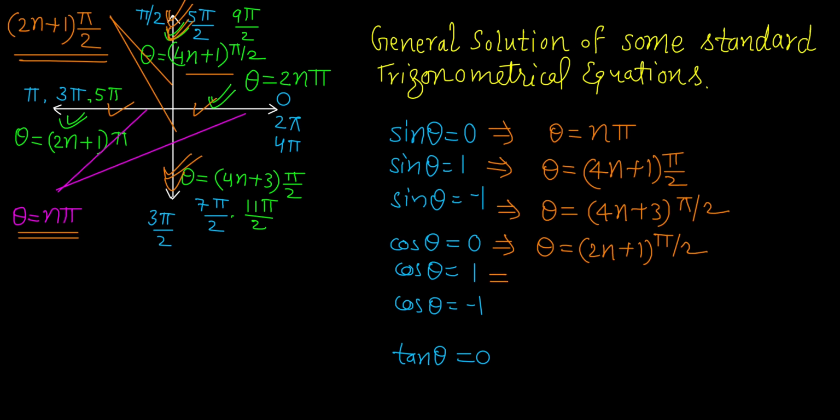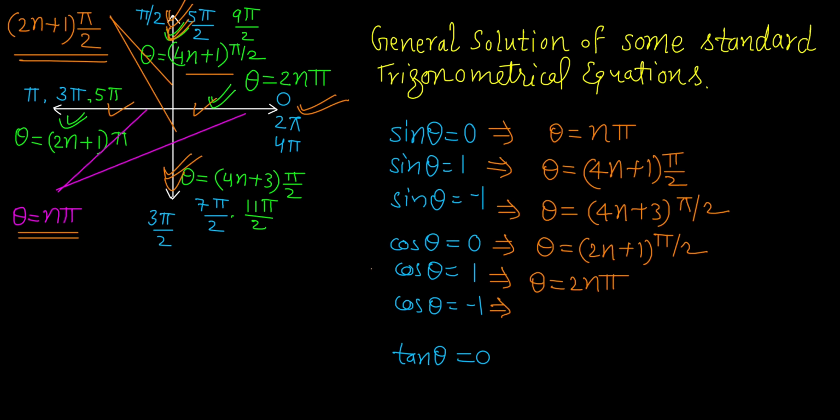And what is the solution of cos theta equal to 1? If you remember, cos theta is equal to 1 is only at theta equal to 0 here at this line, not here. So it is only separately this line, even multiple of pi. So it will be at 0 degree or 360 degree or 4 pi, like this. So separately this line, how do you write? That is the even multiple of pi. So the general solution here will be theta is equal to even multiple of pi, means theta is equal to 2n pi.